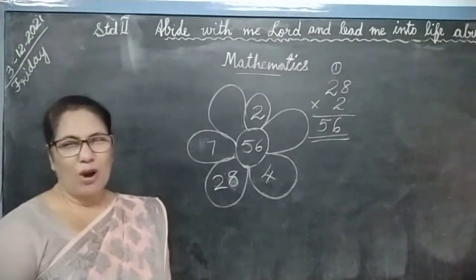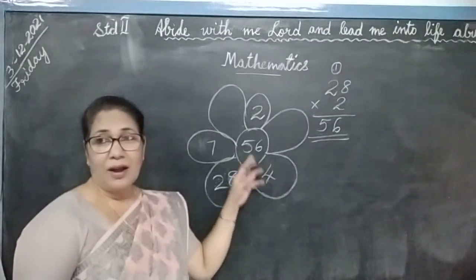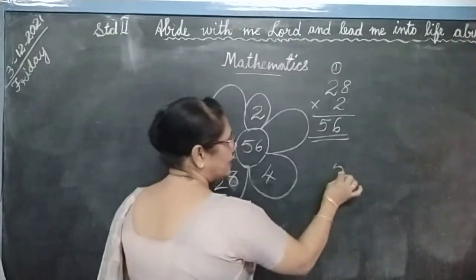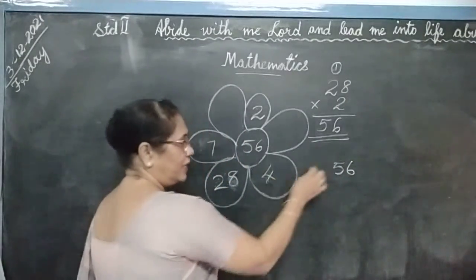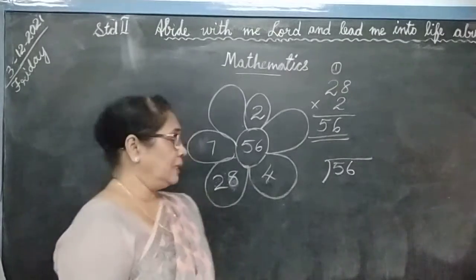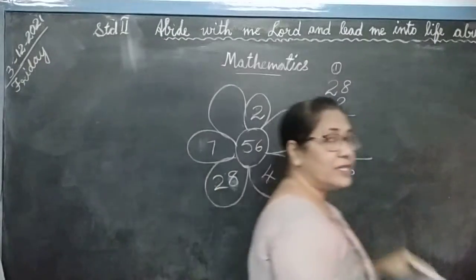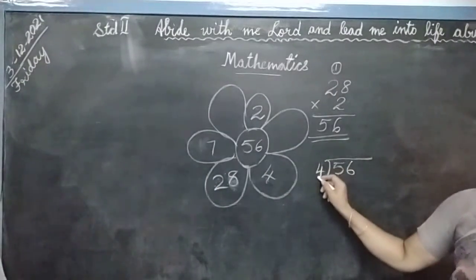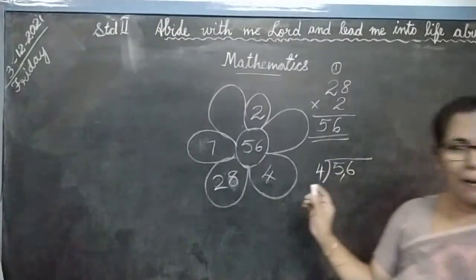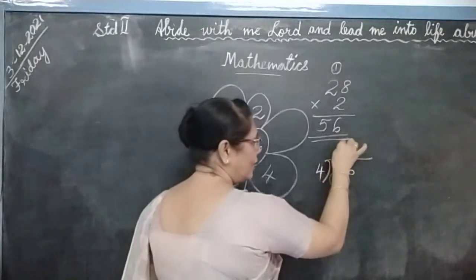56, we do a small division here to find out how many times 4 you have to multiply to get 56. So we are going to divide 56 to know how many 4s are there. Listen here, how many 4s are there in 56? So now here the first number is 5. So you can divide this number with 4. How many 4s are there in 5? Yes, very good. Exactly. It is only 1.